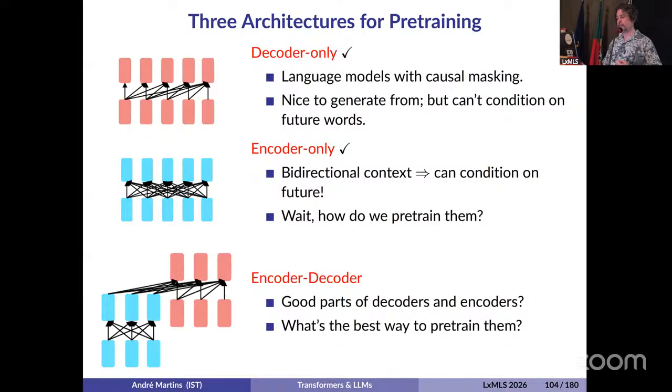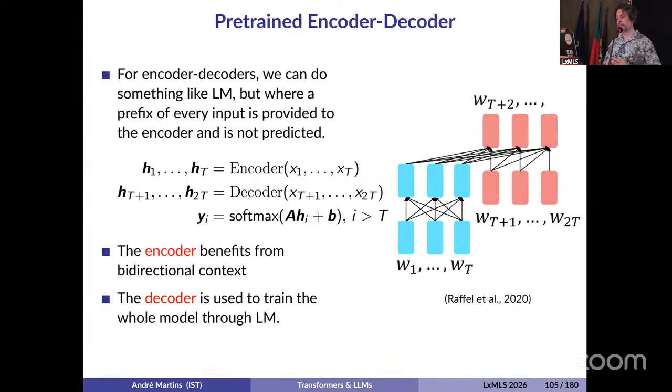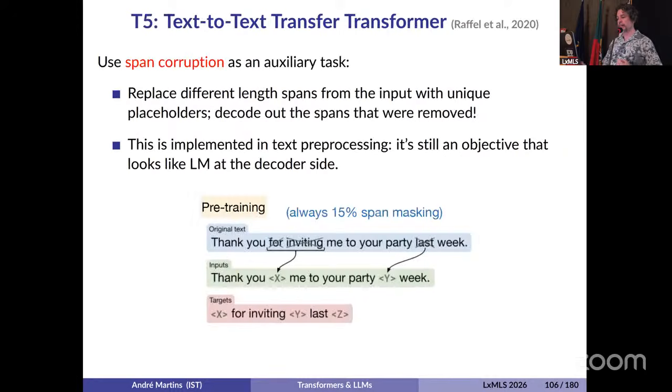Okay, and finally we have encoder-decoder models. They were introduced to try to get the best of both worlds. The idea here is that you keep both components, the encoder and the decoder. So you still benefit from bidirectional context, but you can also train the model to generate. And the typical auxiliary task that is used in these models, where T5, text-to-text transfer transformer, is the most famous example, is span corruption. So the idea here is similar to BERT, except that instead of masking just individual words,